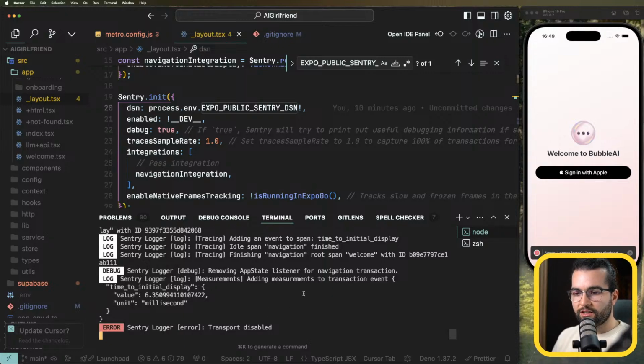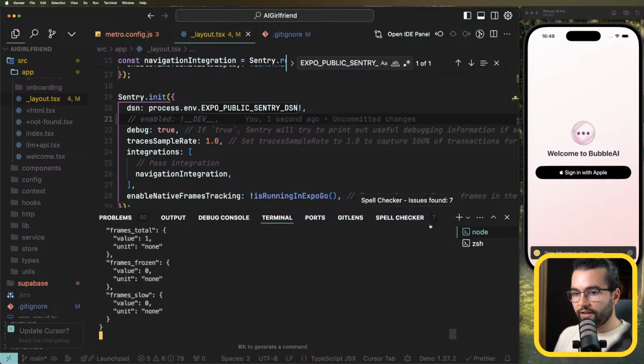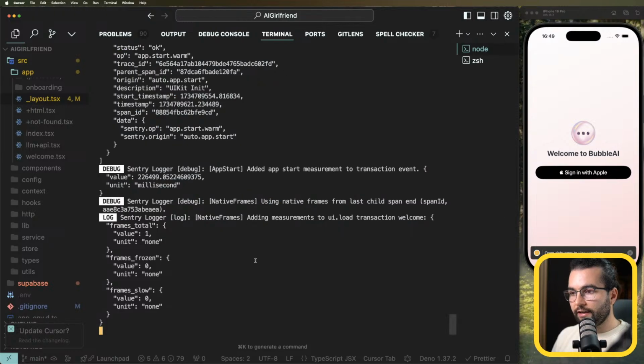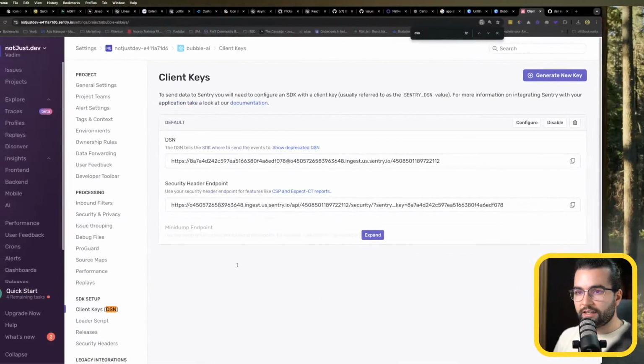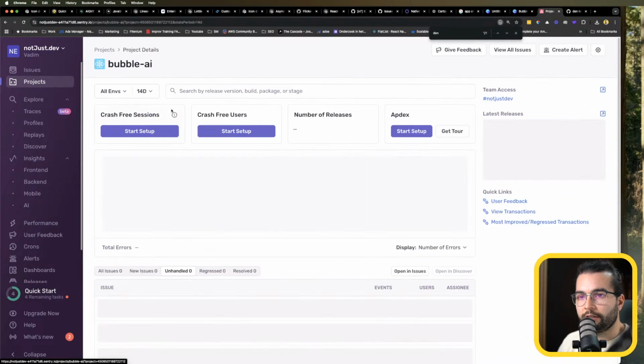Transport disable, Sentry logger error. Maybe it's this enabled. And if I do like this, yeah, I think it's just a matter of this that enabled. And now if I go to projects, Bubble AI,